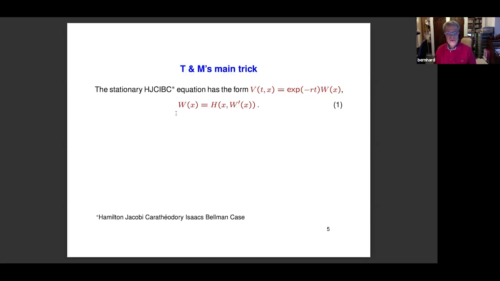You know that the stationary HJCIBC equation, so let's dwell on this HJCIBC. William Hamilton introduced it in optics and mechanics to unify optics and mechanics with the Hamilton minimality hypothesis. Jacobi studied the equations simultaneously. Constantin Carathéodory was the first to use it in calculus of variations as a sufficient condition of optimality, essentially the same thing as the modern use. This was in the 1920s.